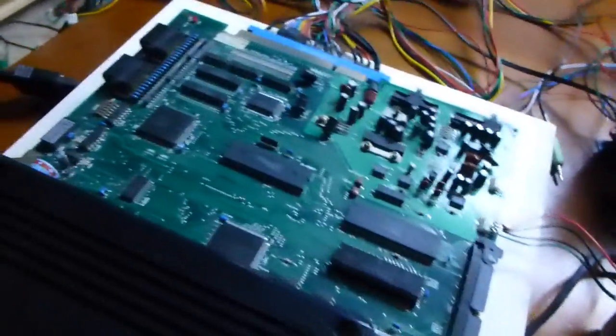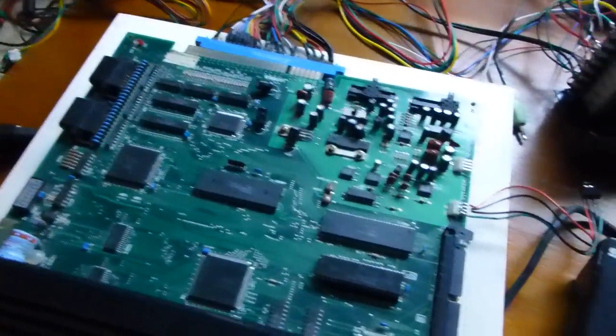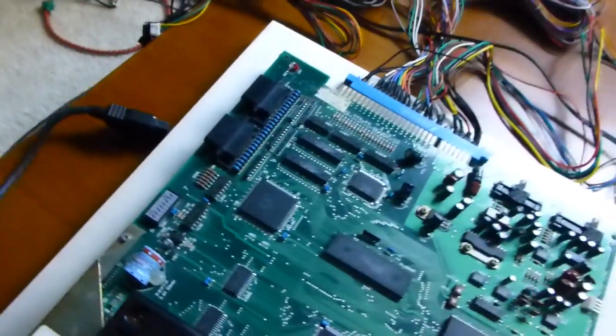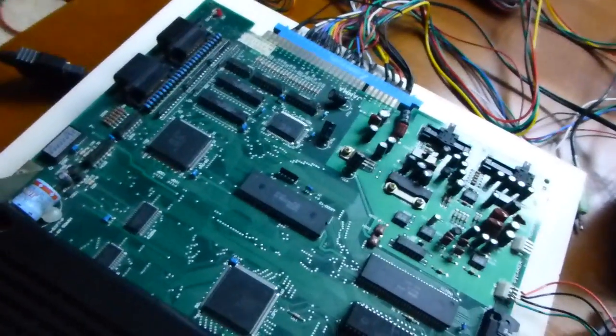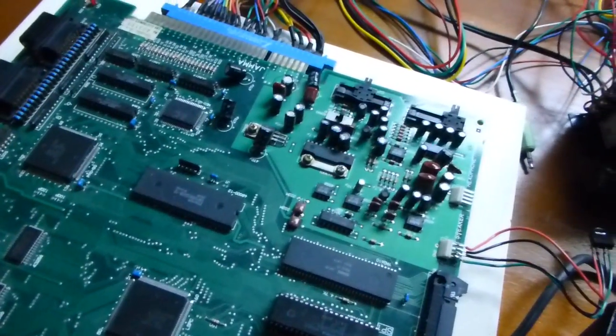What I have here is a Neo Geo, I think this is an MV1 board. This is one of the earlier ones for sure. Just look at how massive this thing is. Anyway, I just got this recently, and I'm guessing that this video will just be kind of a